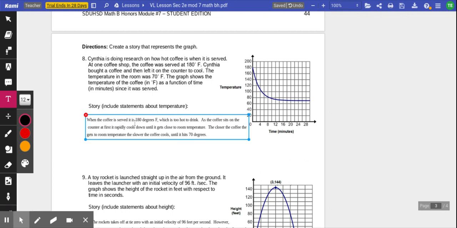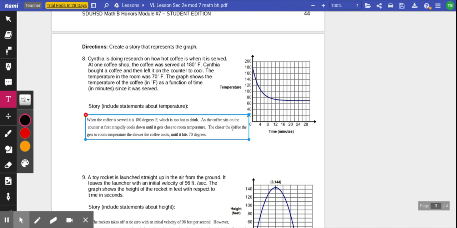When the coffee is served it is 180 degrees Fahrenheit, which is too hot to drink. As the coffee sits on the counter, it rapidly cools down until it gets closer to room temperature. The closer the coffee is to room temperature, the slower the coffee cools until it hits 70 degrees, which is